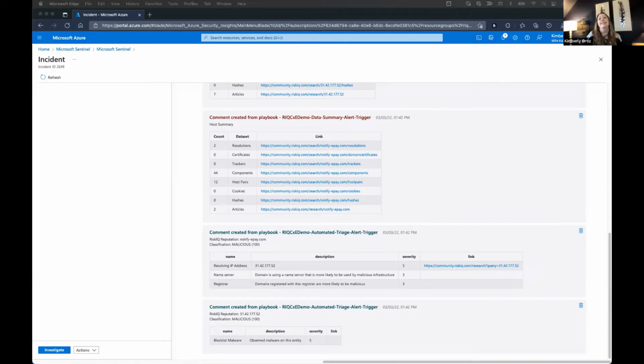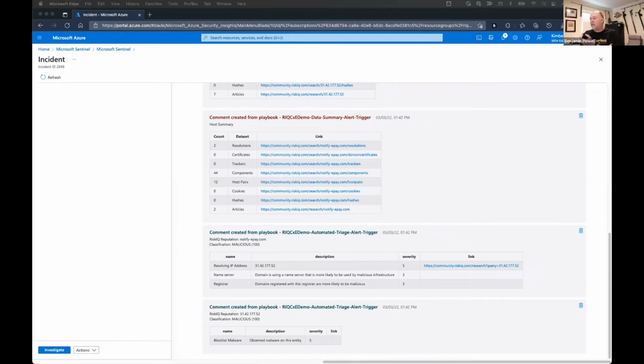Exactly. All right, so looking at some of the criteria that feeds into these reputation scores, I really like this. It's not just a black box. We're not just spitting out a score to you and saying, just trust us. You can go back and check into these and see what's going on. Like this one, this IP address was observed on a blacklist that documents entities that they've observed malware on. So these are the rules of why we're saying this is bad.